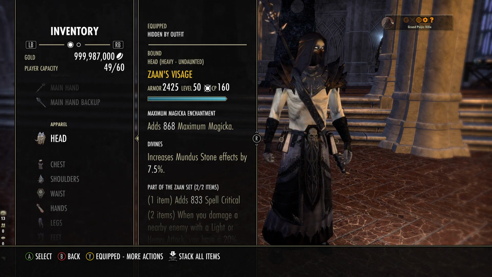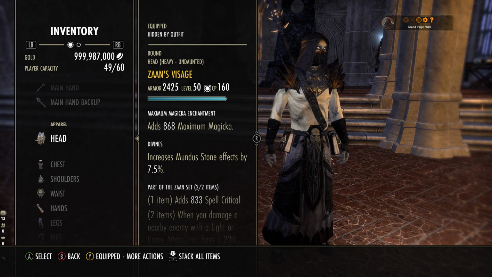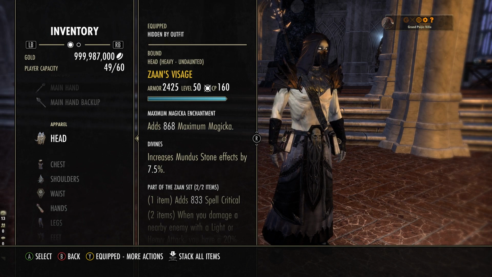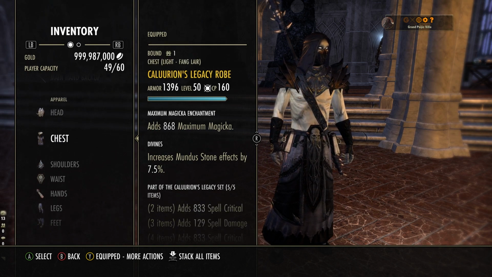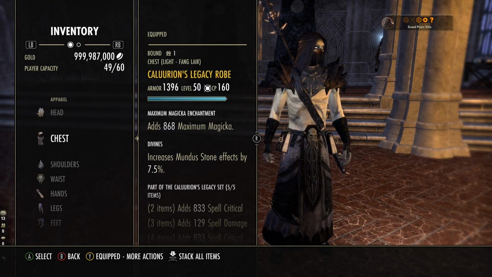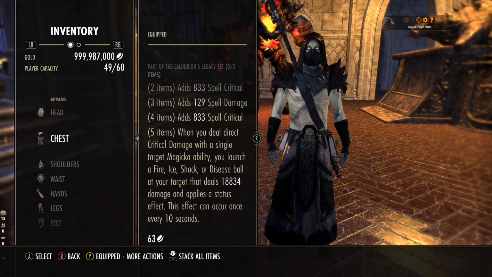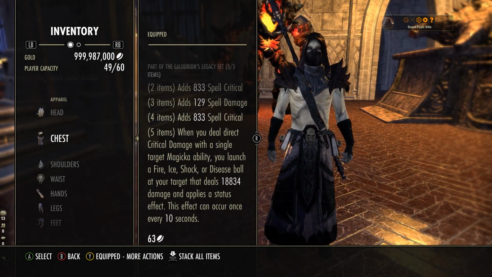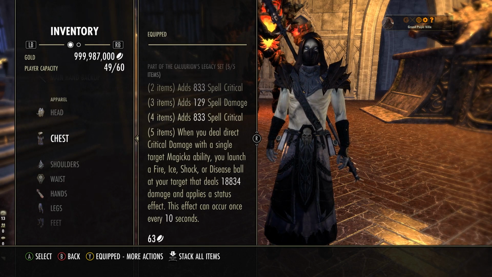Now the curveball. I said this was themed. We haven't got anything Necro-esque yet, have we? Well, technically we have. We do fire damage, we do ice damage, we do lightning damage. We've got a flame staff, we've got a lightning staff, we've got a flame monster set, so we're getting there. And now we've got Kalurian, which, if you are familiar with the game, comes from Fang Lair, where there's a nice Necromancer in there. Now, when you deal critical direct damage with a single target Magicka ability, which includes your light attacks from your flame staff, your lightning staff, or your ice staff, if you're using any of those,